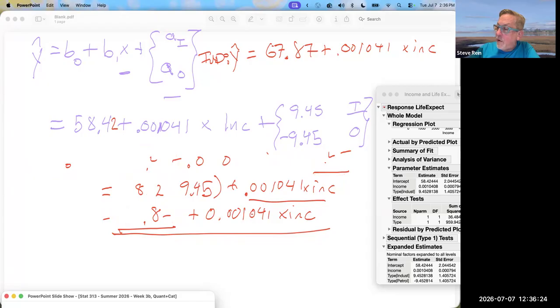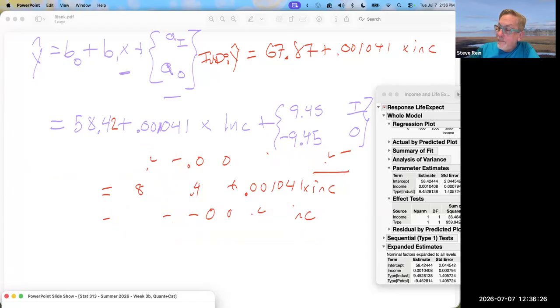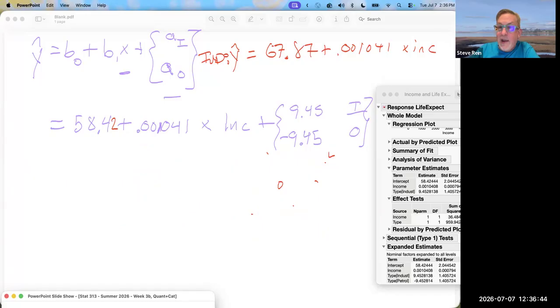And I'm going to go with dark blue, but verify that we have the same style result. It's just that instead of adding in a positive 9.45, we're going to subtract out that 9.45, if you will. We're going to add in a negative 9.45. And eventually I will get all of those. Gosh, I was really close. Okay, so let's choose a different color. And so for the OPEC countries,